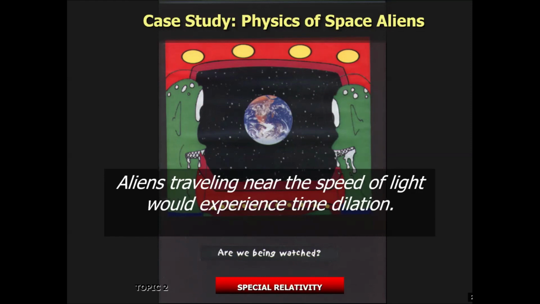Except the round trip, from our perspective, would take 1,600 years. By the time you get back here, it will be 1,600 years in the future. And guess what? Thanks to evolution, people here start to look like fish too. So now you can never go home. So that's what happens. From your perspective, it's going to take no time at all. From our perspective, the round trip is going to take 1,600 years.